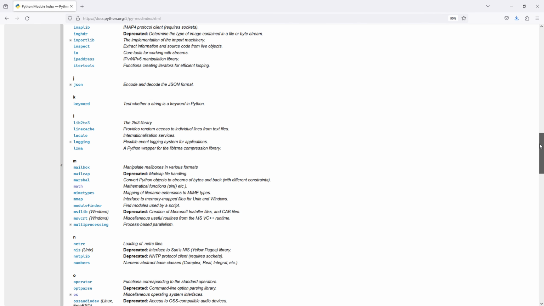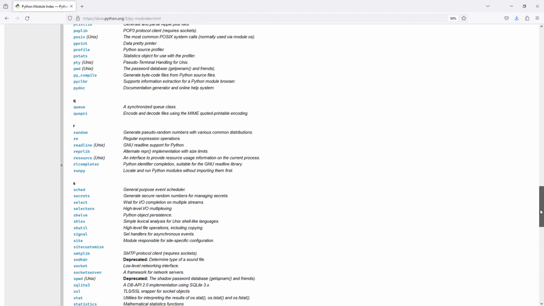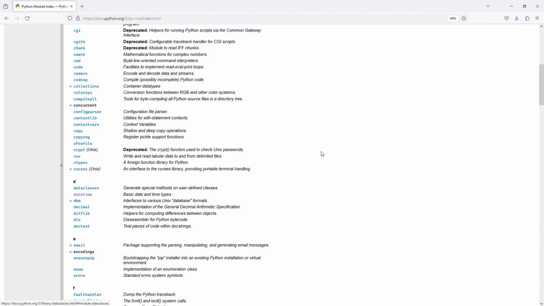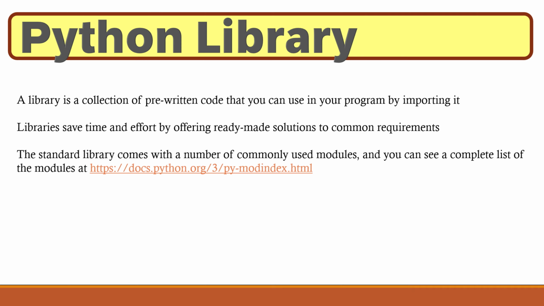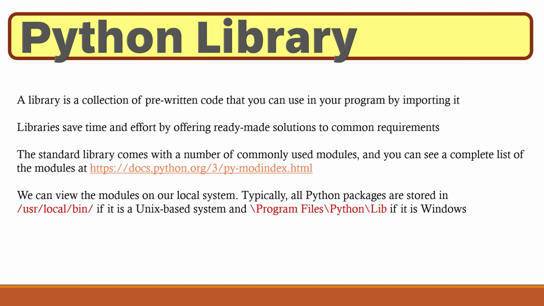and we will have a look at a few of these modules, the common ones anyway, such as the math module, as well as the random module, and the other one, the datetime module. In fact, we will take a look at these next. So how do we get to see these modules? We can see a complete list of the standard library,